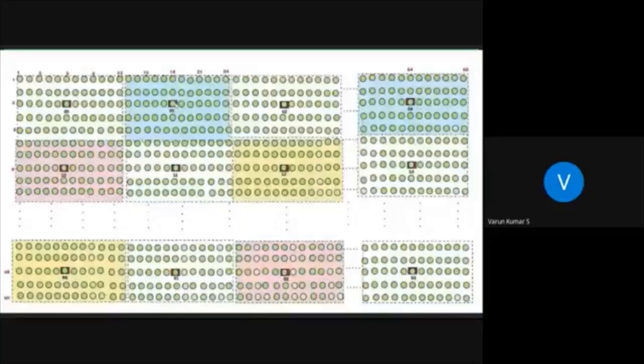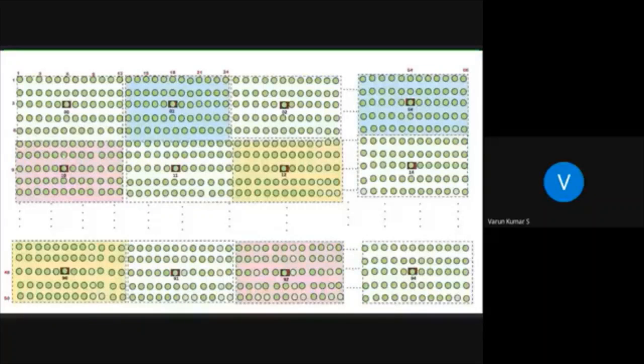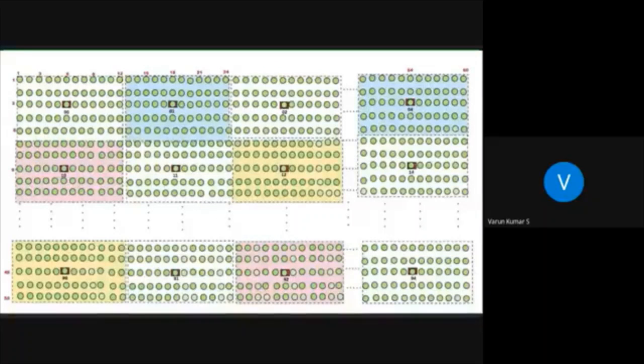So the distance between each node horizontally, as you can see here, there are 12 plants in between them. Each of them is separated by a 30 centimeter distance. So we can say 30 times 12, which is 3.6 meters horizontally. Similarly, in the vertical direction, we can see there are 5 plants separated apart from each other. So 5 times 90, which equals 4.5 meters.